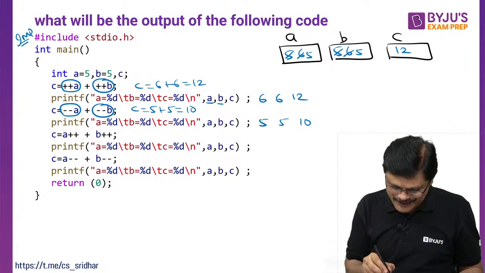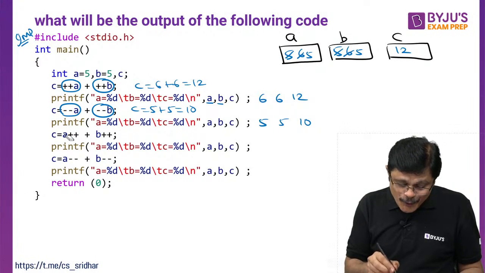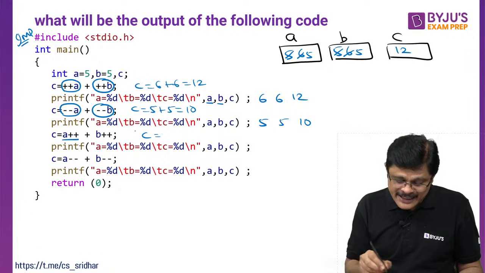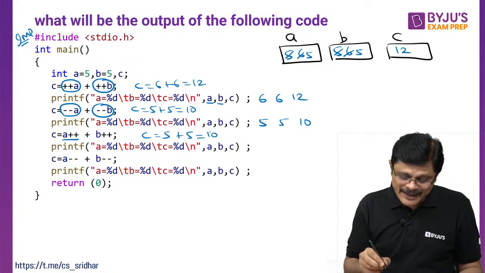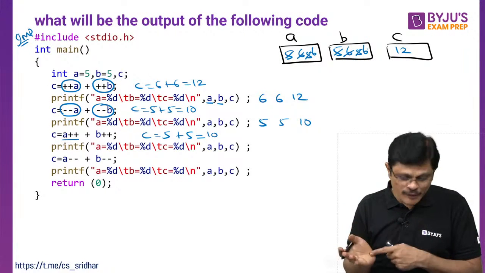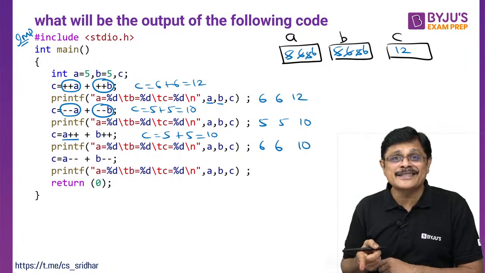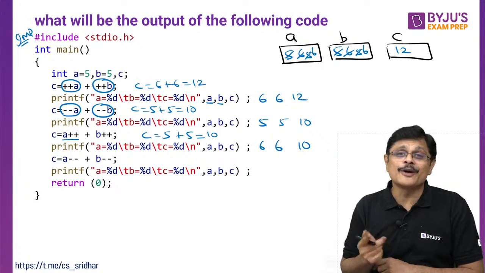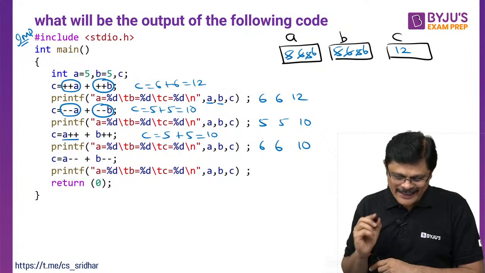Okay, now look here. Here, post increment. See here it is post increment, sir. That is, later on I am going to increment. First the value of A is used. What is A? 5. B is used, that is 5. That is, C value will be 10. But now A value is updated, B value is updated. Before the next statement, these two are updated. So generally A is 6, B is 6. You expect C to be 12. No, C will not be 12. Why? Because it is post increment.